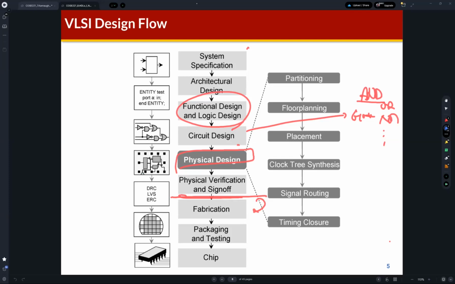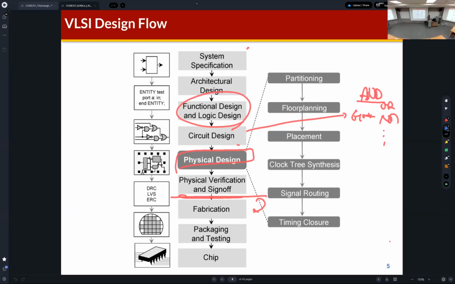We can build a very simple high-level model using the hardware description languages, and then we can synthesize our modules, and at the synthesis the CAD tools, the EDA tools,